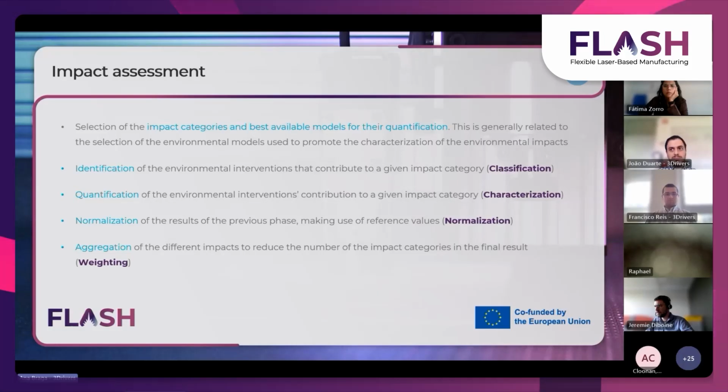And then we have the normalization of the results of the previous phase, making use of reference values. So this normalization will divide all the impact categories by the same reference value. So when we do that, we are able to directly compare the impact categories because they are all normalized. And this is important to already know a process stage that has or can contribute the most for the impact categories, in general. With the normalization, we can identify which is the impact category that has the most representative value or impact for them, because